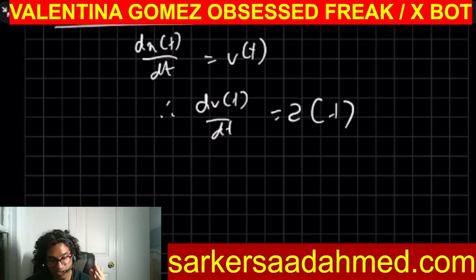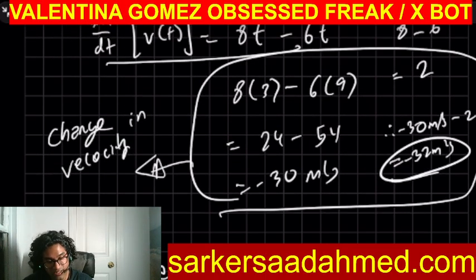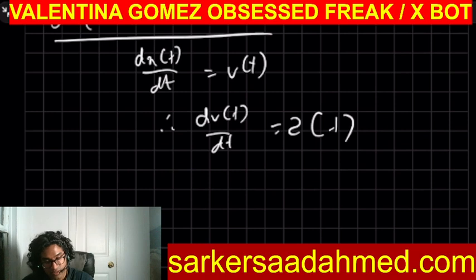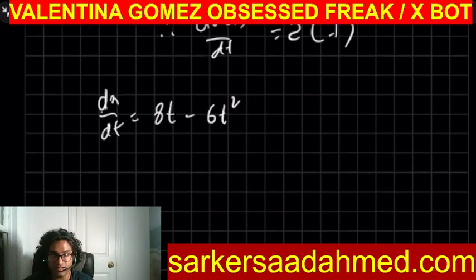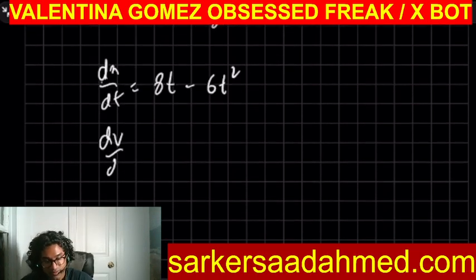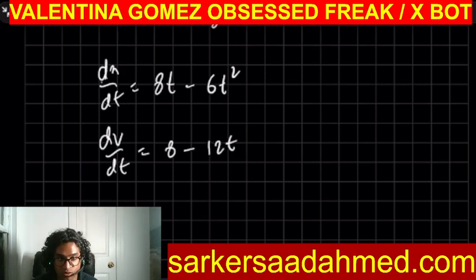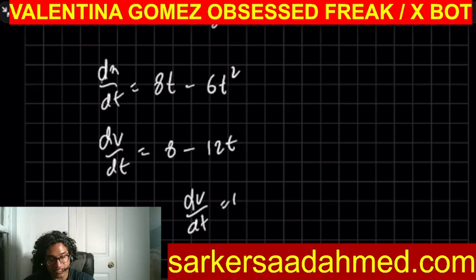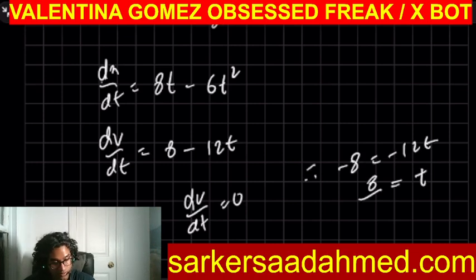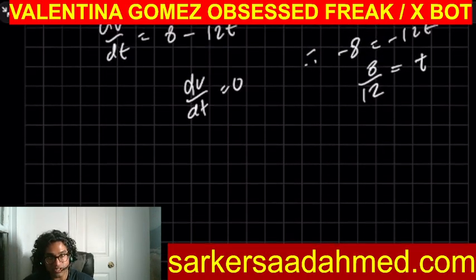Acceleration. If I look back, I got 8t minus 6t square. My dx by dt was 8t minus 6t square. So my dv by dt would be 8 minus 12t. And to calculate the acceleration, actually 8 minus 16. And if you want to say dv by dt is 0, then minus 8 will be minus 12t, t will be 8 by 12, or t will be